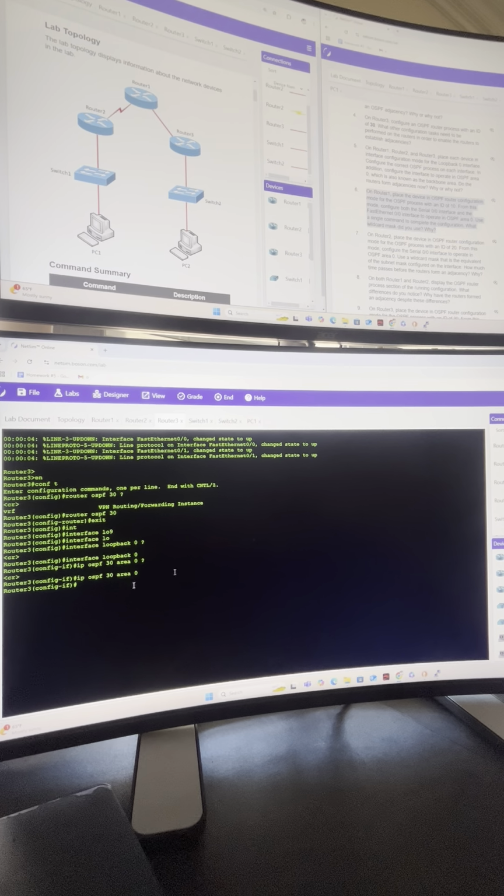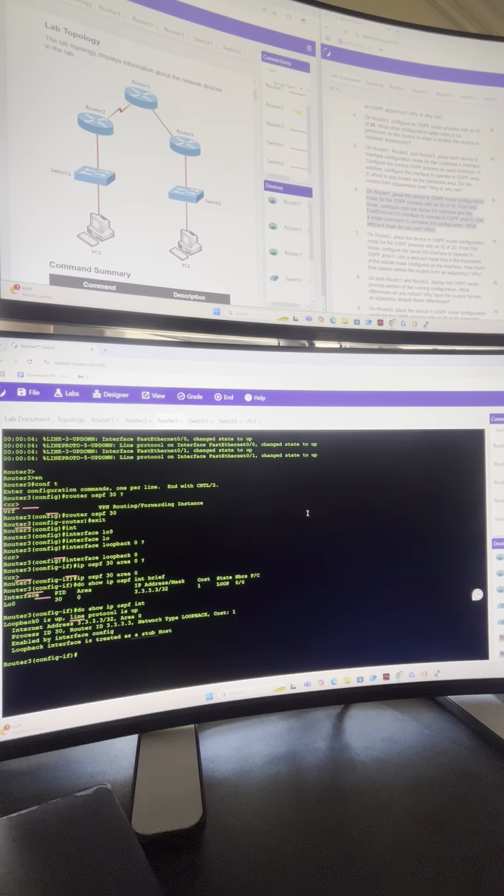Oh, and let me do this right quick. I can also do a do show ip ospf interface brief. Oh, I can do a do show ip ospf interface. And this is exactly what I was looking for. So we can see that the loopback interface is configured to participate in OSPF, but we can see the loopback interface is treated as a stub